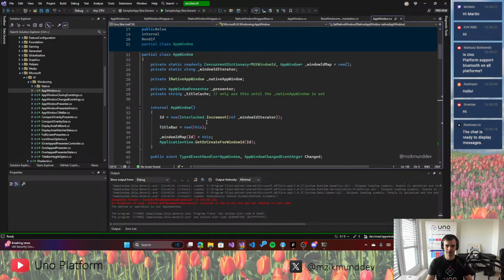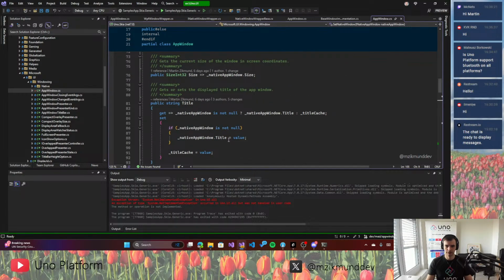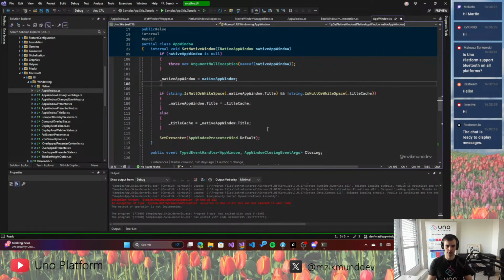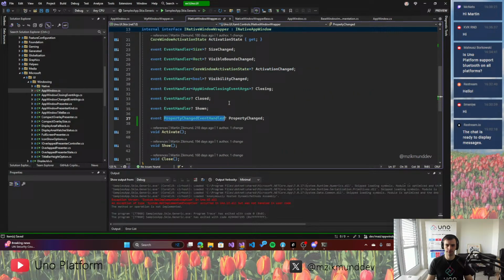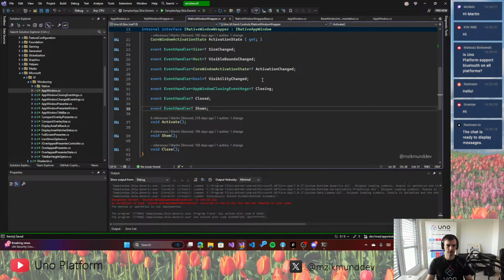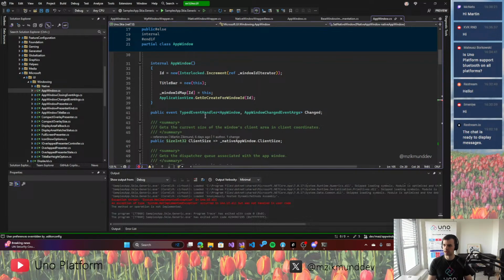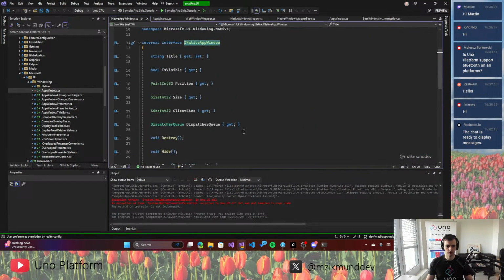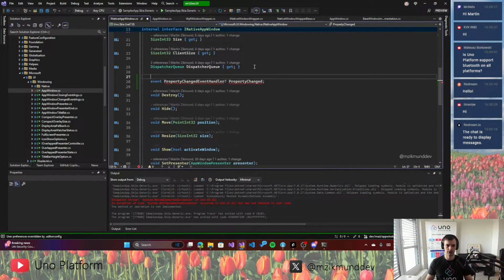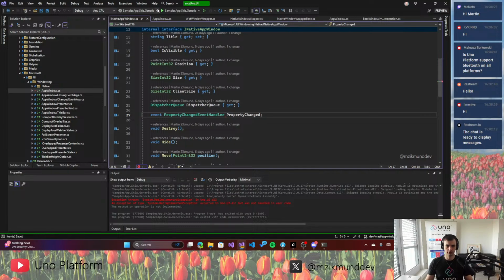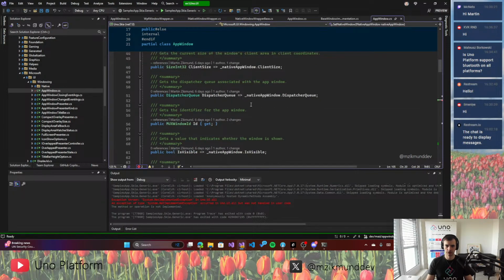So, right, native app window. When we are setting the native app window, what we will do is attach the property. Oh, right, because I added that event to a different namespace than I wanted. It should be on the native app window, this one. So there should be a property called PropertyChanged. And this is not nullable, so I will keep it like this. So PropertyChanged, and now